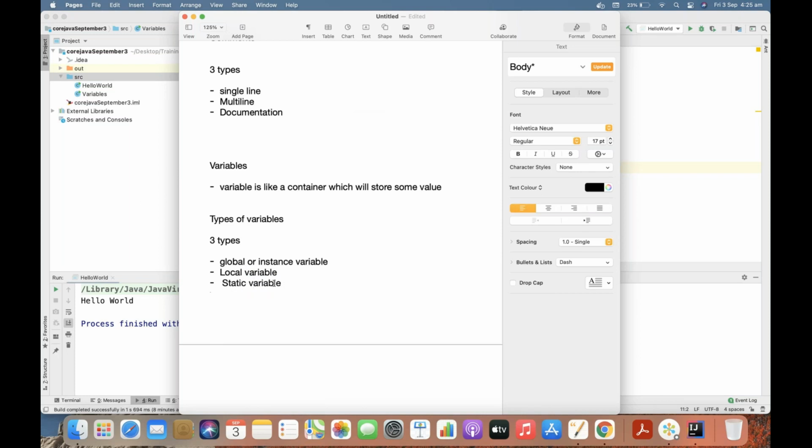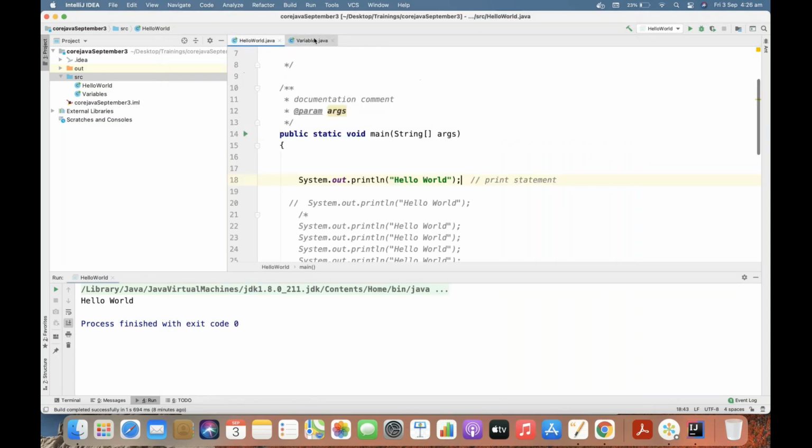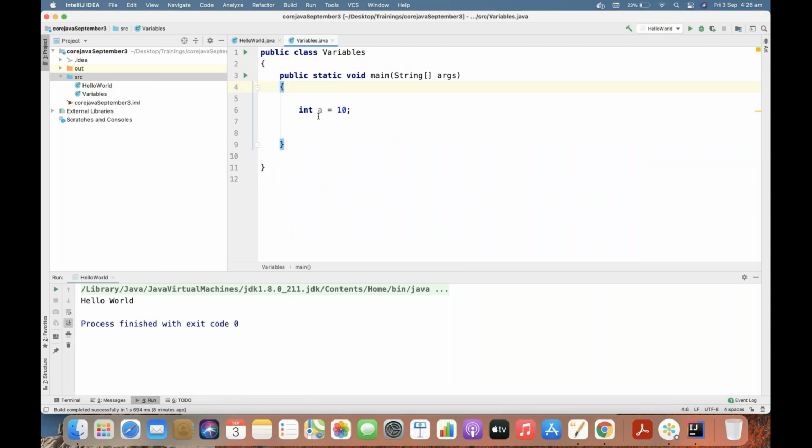These are the three different types of variables you can use in Java. If you understood the scope of the class and the scope of the method, then it will be easy for you to understand this.